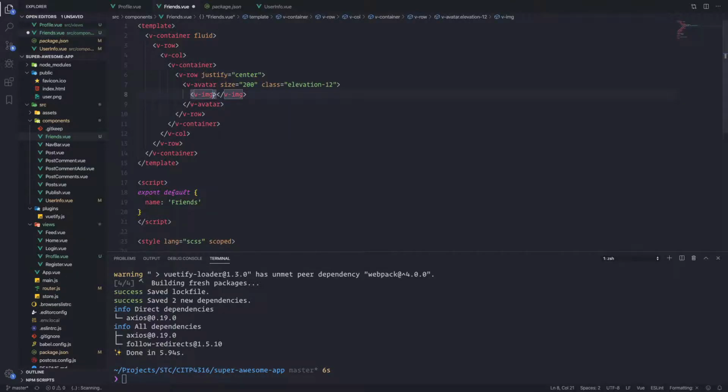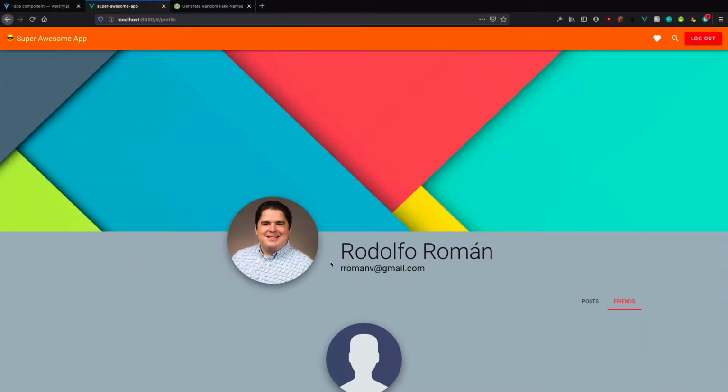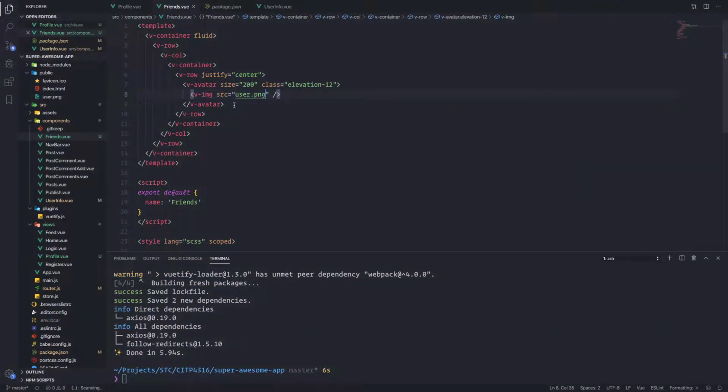And the image, I believe we can do self-closing image. The source equal, and let's use the user PNG. In my case, it's going to be a bit like that. Let's see if that's working. Yes, it is. Perfect. So now that I have my image, my elevation, we have another row